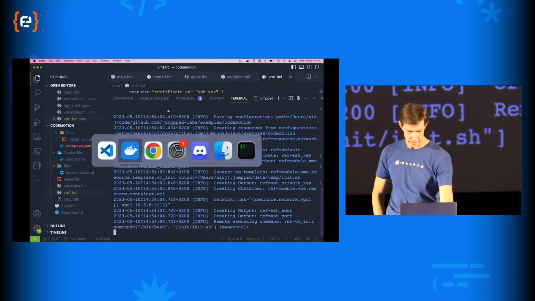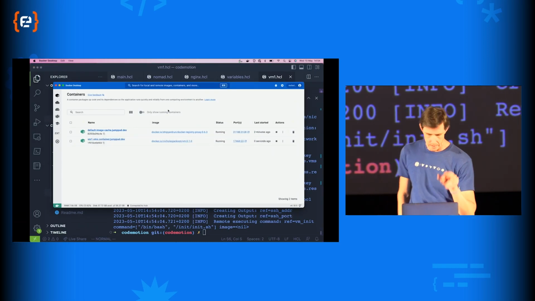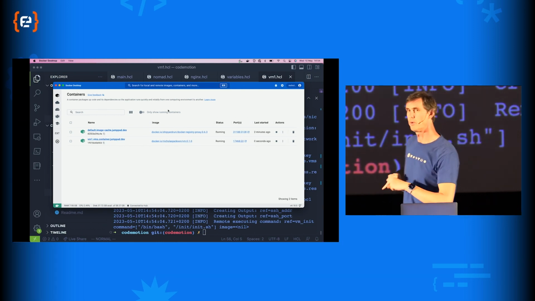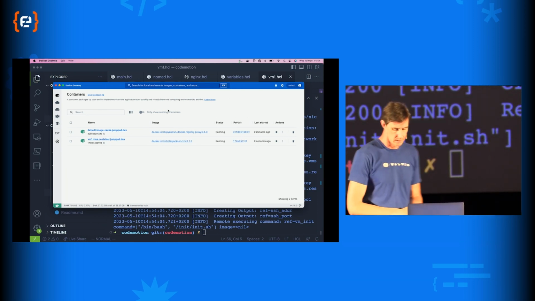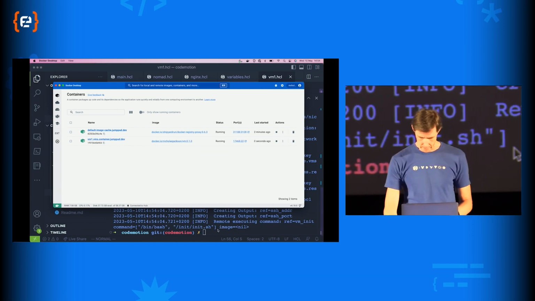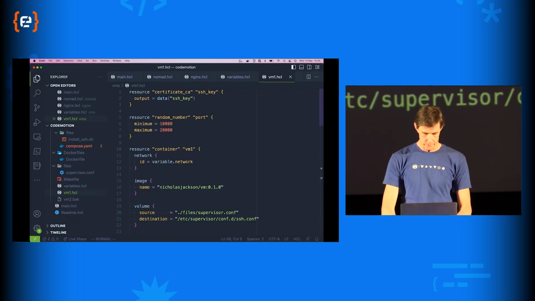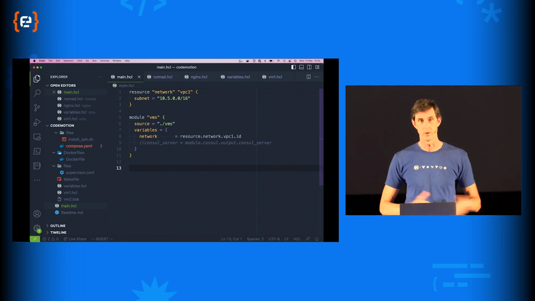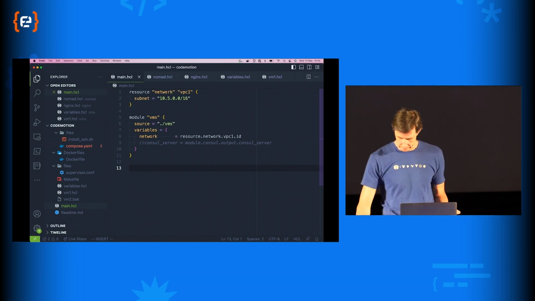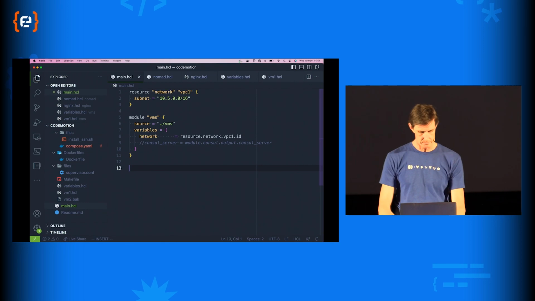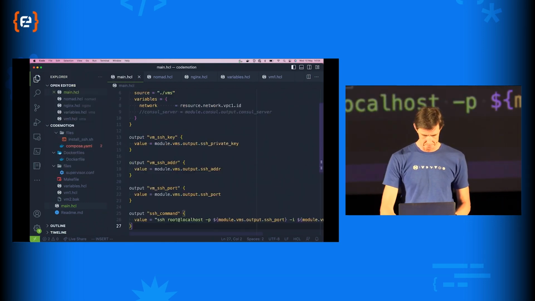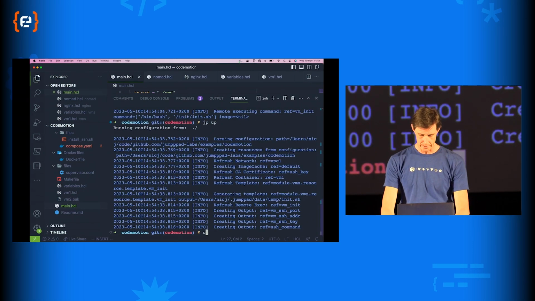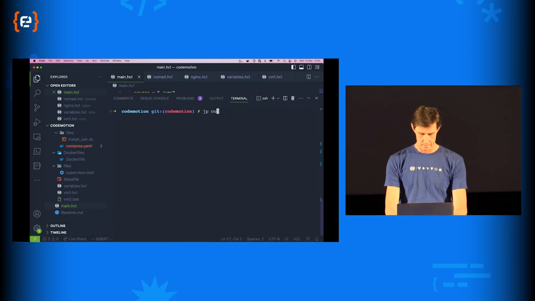So this is running, it's generating those keys, it's set everything up, and we do now have a virtual machine. So this is good. Now that virtual machine should have already been provisioned with the SSH key, so we should be able to log into it. Now, I don't know what the port is, or any of those bits and pieces. So what I can do is read those outputs from the module, and we can do that by defining some output variables. So let's do that, and then we'll run the command again. I'm going to clear this.